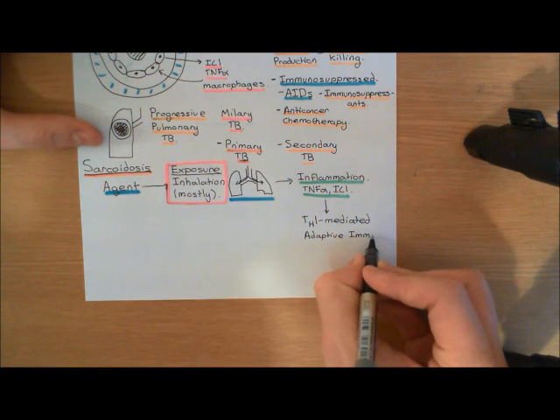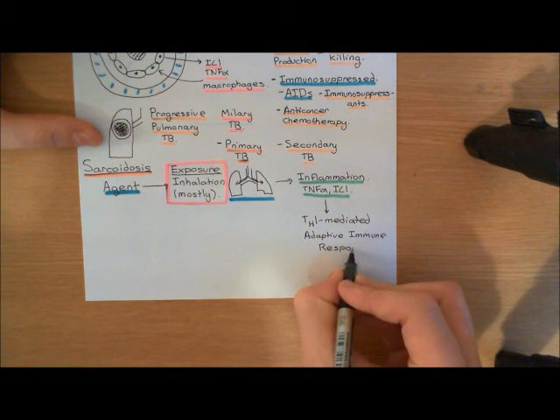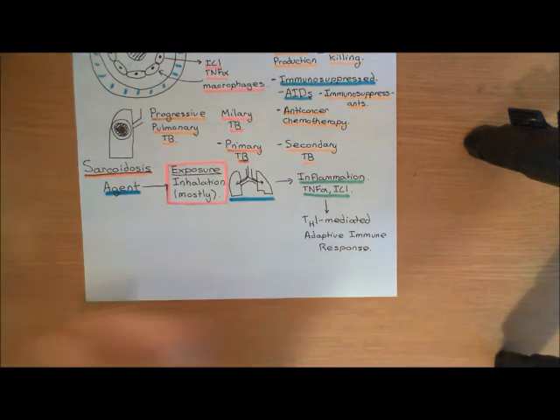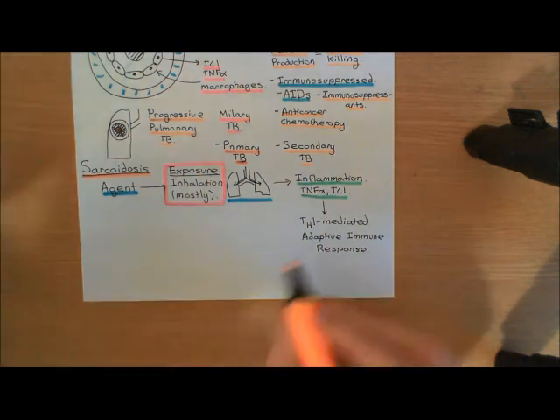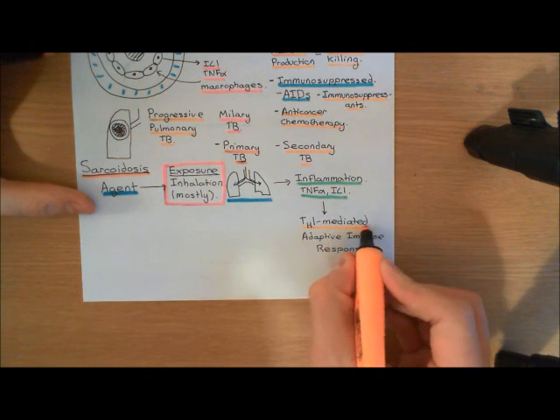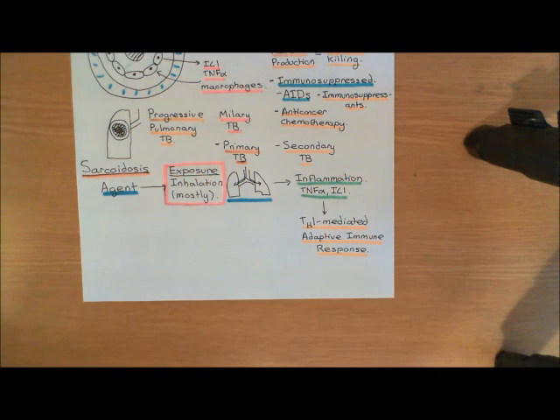So, a reminder now of what this will involve, and we've discussed this all in tuberculosis. This will involve an antigen presenting cell, either an alveolar dendritic cell or an alveolar macrophage, phagocytosing the agent, breaking down the antigens of the agent into loads of little fragments, presenting those fragments on MHC class II molecules, and then going to the mediastinal lymph nodes to present it to T cells in the mediastinal lymph node, activating CD4 positive T cells with complementary T cell receptors to one of the MHC peptide fragment complexes,